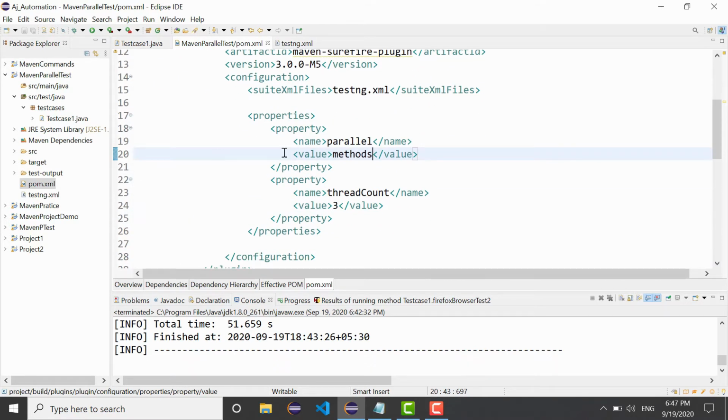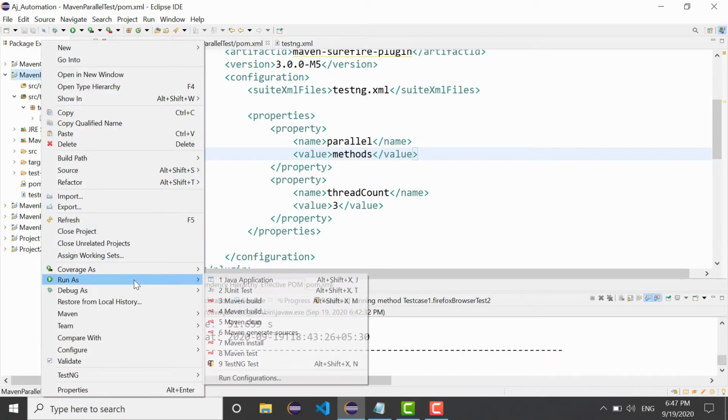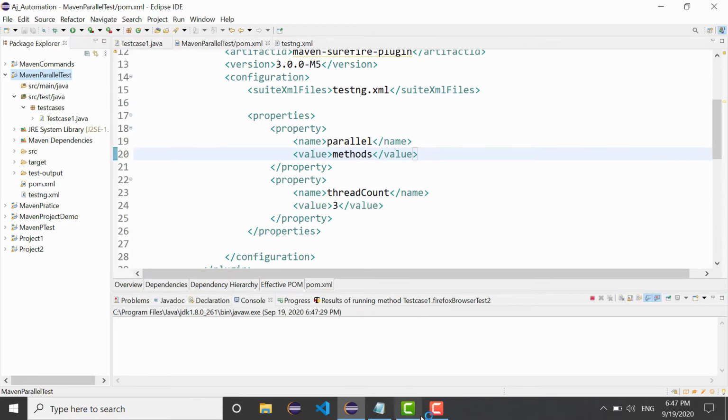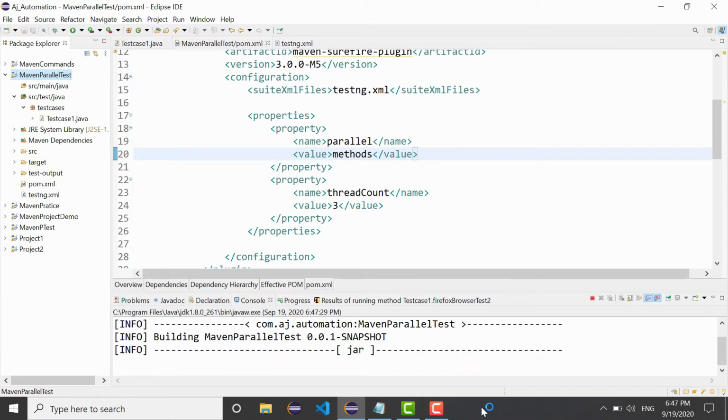Now just run your test case using Maven test, and you will see that all the 4 browsers will open simultaneously. You can see at the bottom. Let us see here.